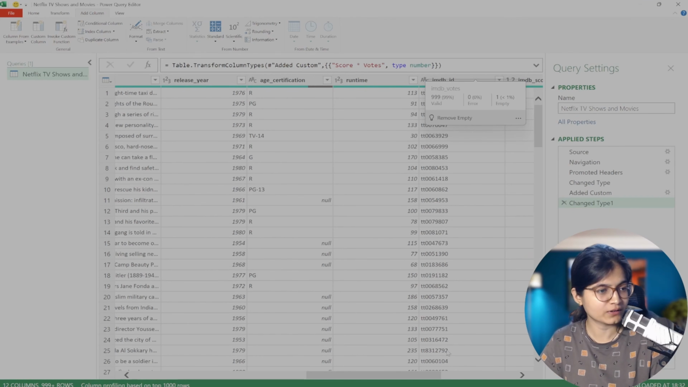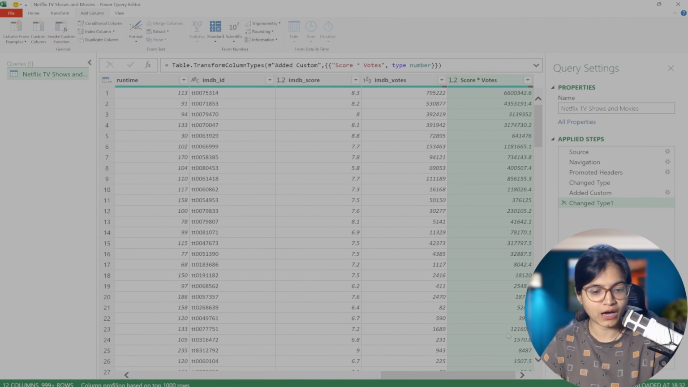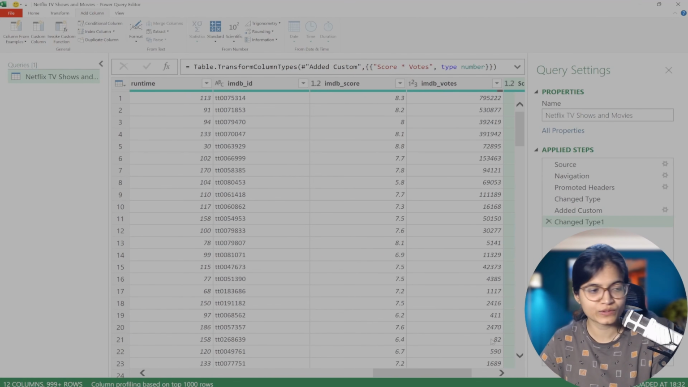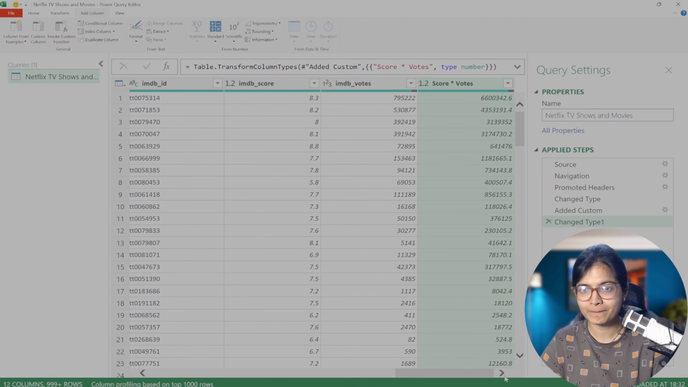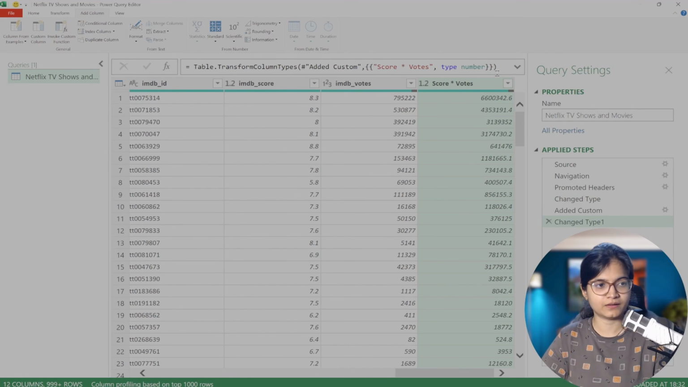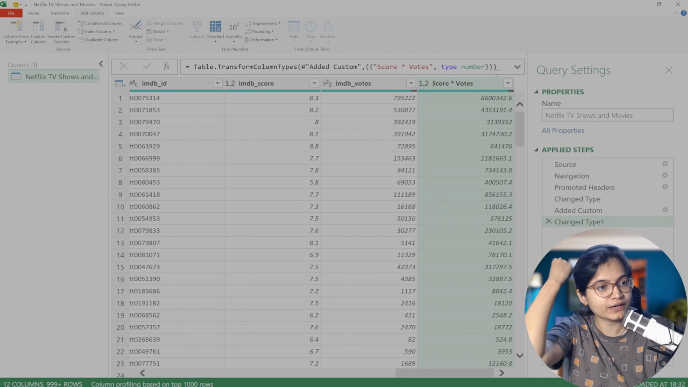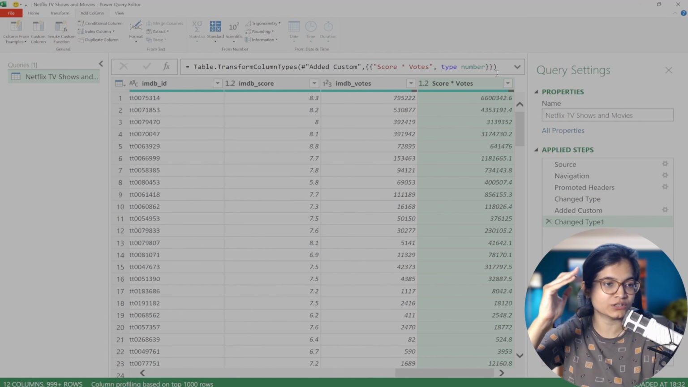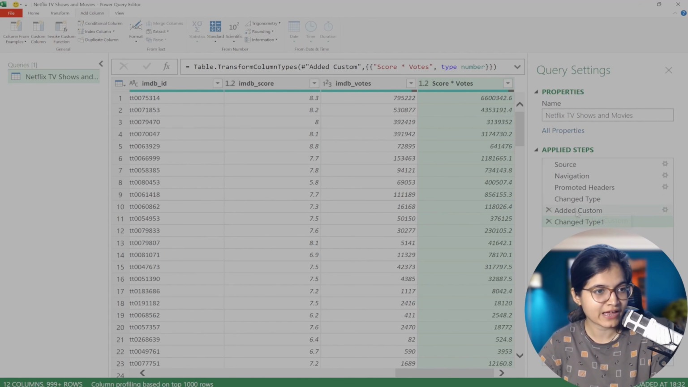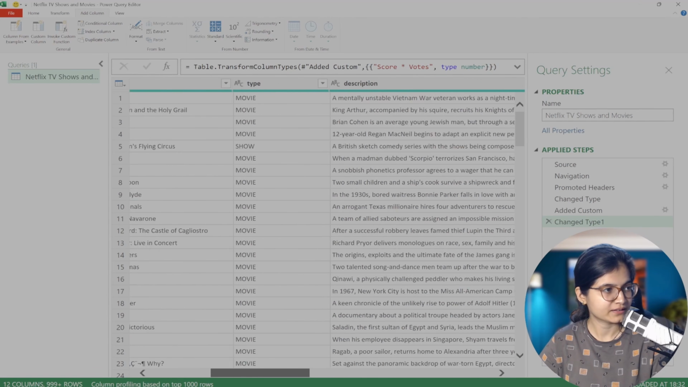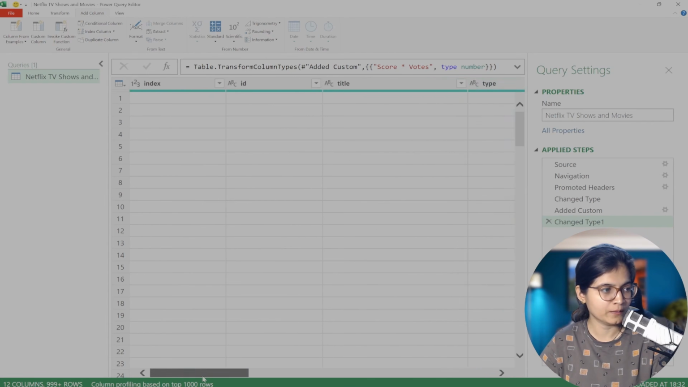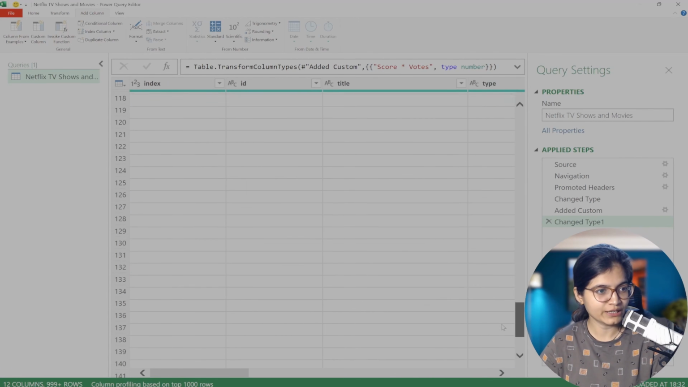Let me just zoom out the screen a bit. I hope now it is perfectly visible to everyone, right? So that's what we have done. Now, whatever steps you are following over here, if you carefully see on the right side under applied steps, every specific step will be visible to you. Okay, perfect. Once this part is over, now what we will do is,